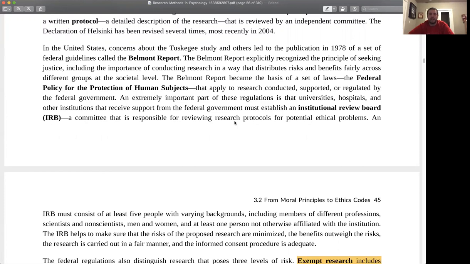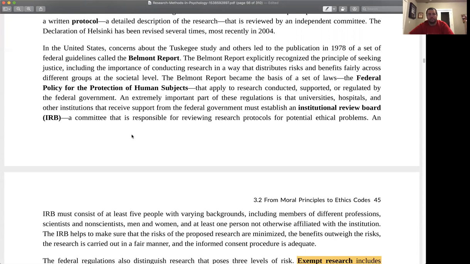So certainly as an expert in the field, you are expected to know the ethical guidelines. But again, we all can be subject to biases, where we might think this is fine because I really want to know the answer. The IRB is an independent